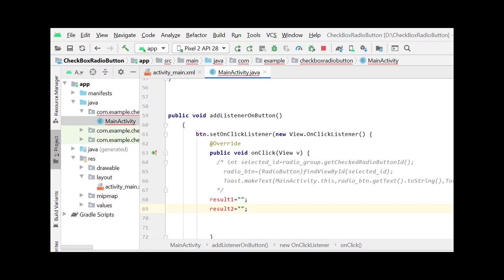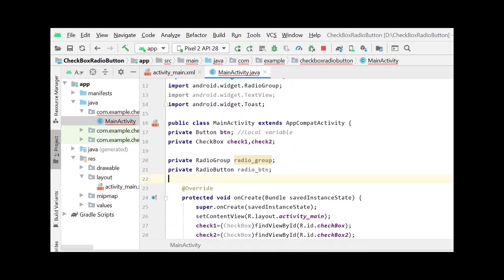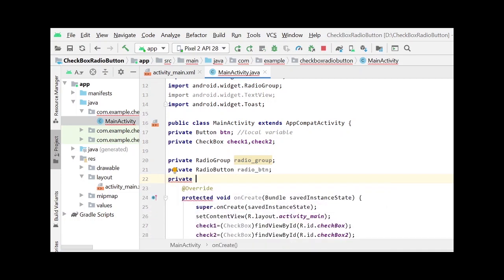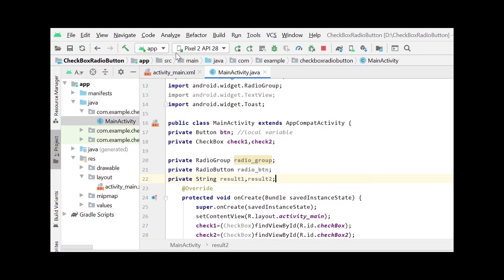Then we need to declare the variables: private string result1, result2.